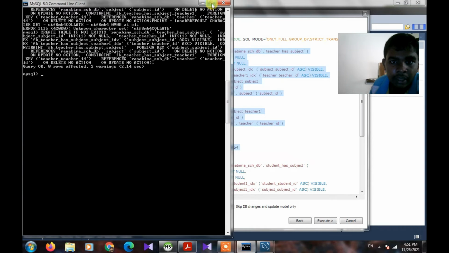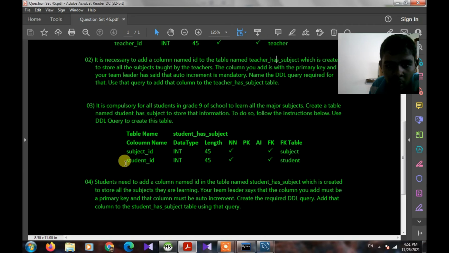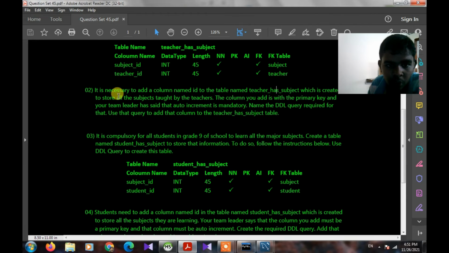Next we go to question set 2. Here it's asking us to add the column name id to the table teacher has subject.